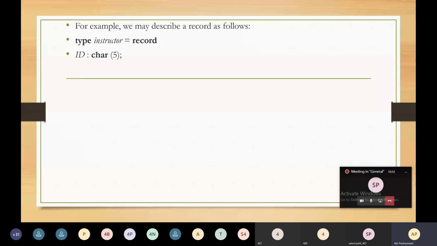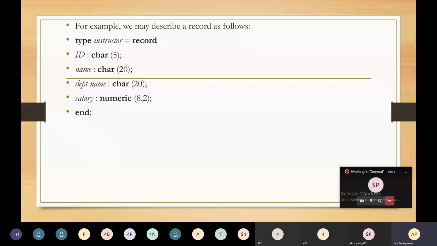ID is character of 5 length. Name character 20 length. Department name character 20 length. And salary numeric 8,2. So this is the instructor relation wherein we have 4 columns: ID, name, department name, and salary.